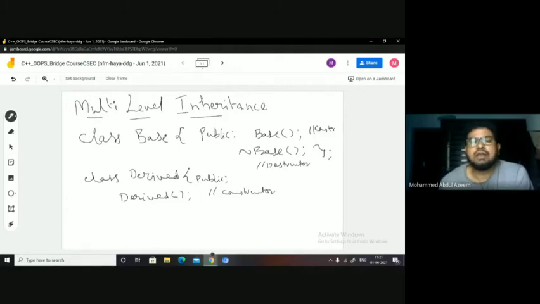And then here I have a destructor in the base class, got it? Then I must have a destructor in the derived class as well, right? So see, this derived class is not inheriting the base class. When can I say that the derived class is inheriting the base class? When it inherits with a colon followed by the base class name, right?